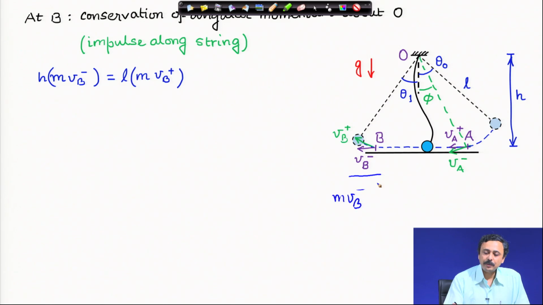The moment of linear momentum about O must be the perpendicular distance from O to the line of velocity, and that perpendicular distance is h. Therefore, h times m v b minus is the moment of linear momentum about O. That is the left hand side. Right hand side,